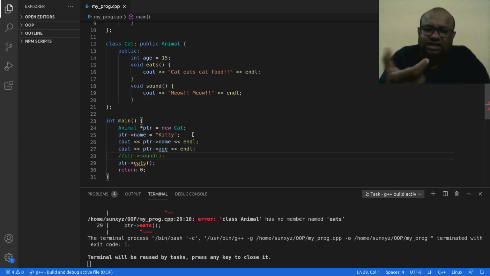So this pointer only knows those things, right? The animal class pointer will know that this name is there, this sound is there, but this pointer would not know that the child class would have something more. Those kinds of things it does not know. So it says that class animal has no member called each. Very interesting.